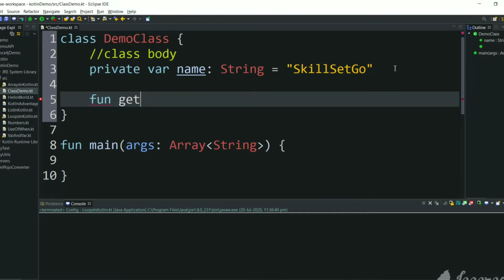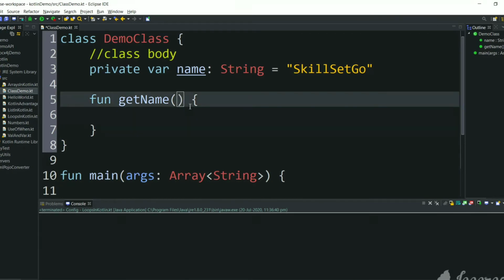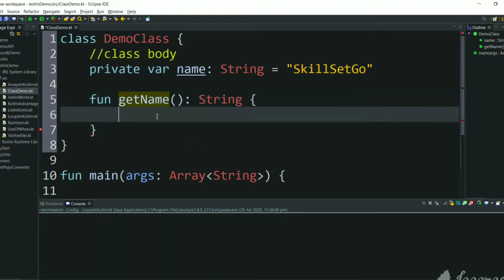Just name it get name. Here we have to mention a return type. In Kotlin, we specify it at the end of the function with a colon. So the return type is string. Inside this, we will directly return name.